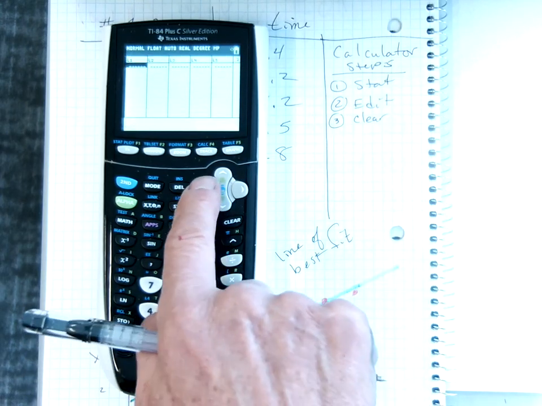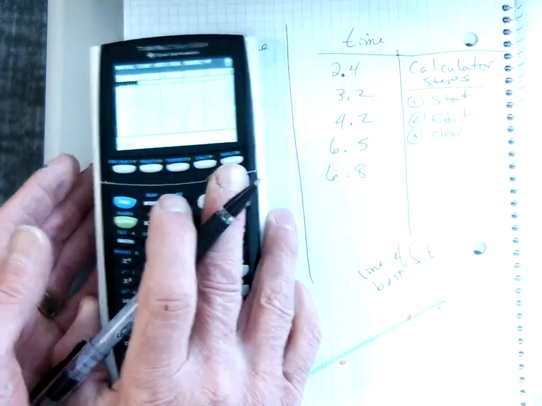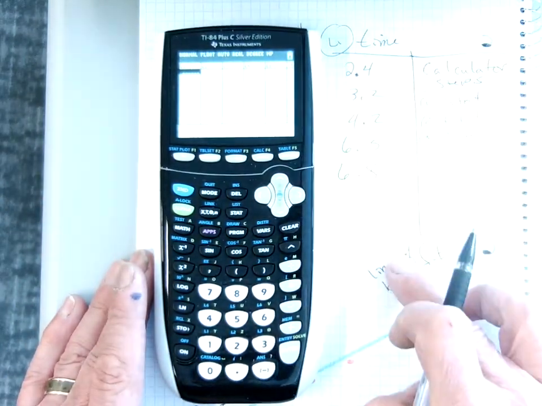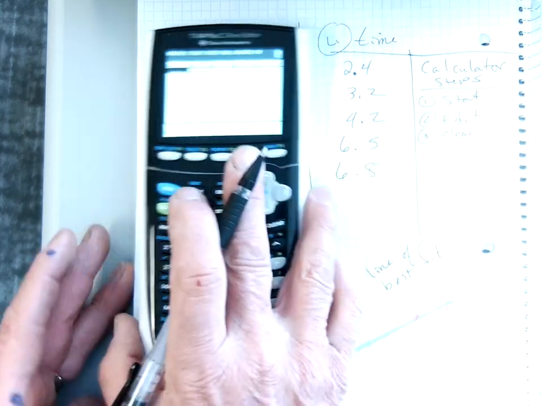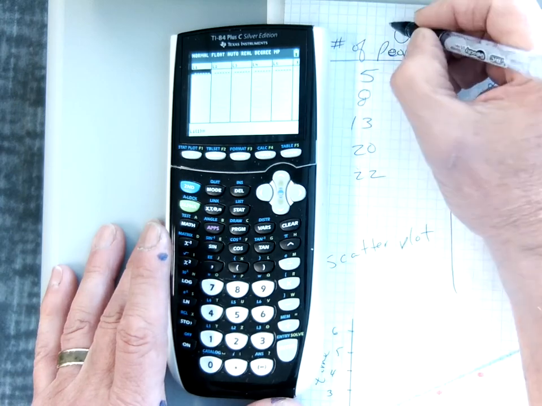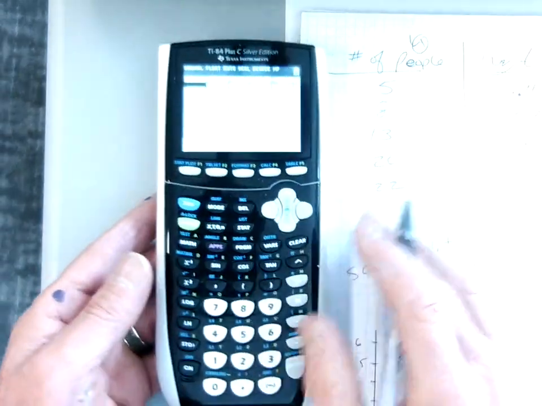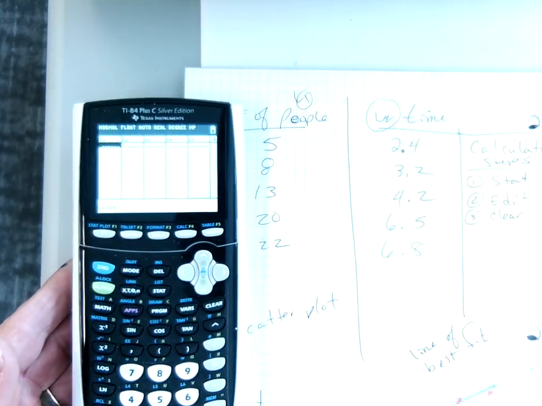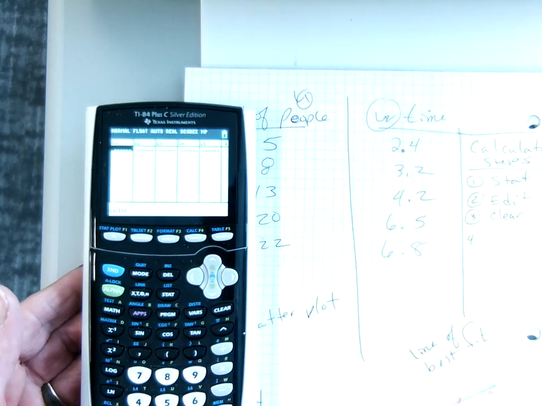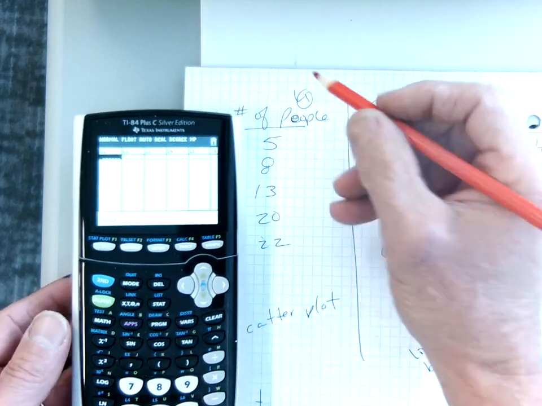Now, I'm going to put in my data. I'm going to put in list 1, I'm going to put in the time. Nope, sorry. List 1, I'm going to put in the people. List 2, I'm going to put in the time. So I'm just going to start entering my data. So step 4. Which one's L1? L1 is, I'll highlight it so you can see it better. L1,